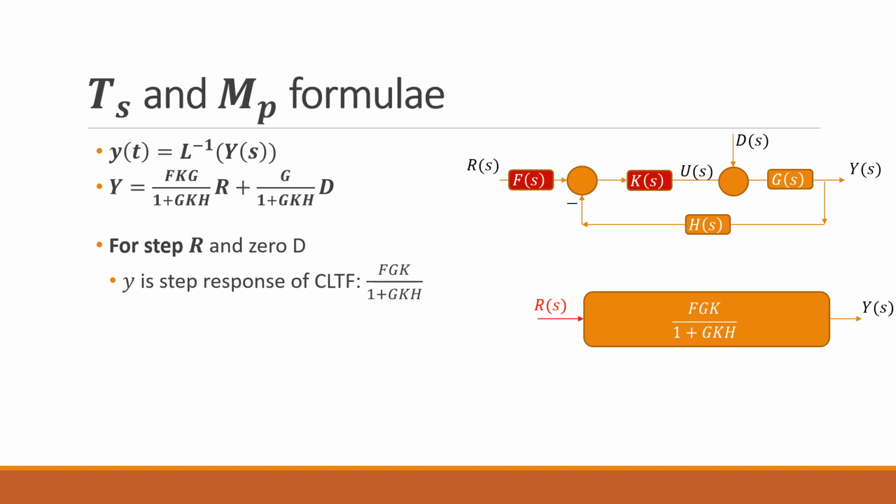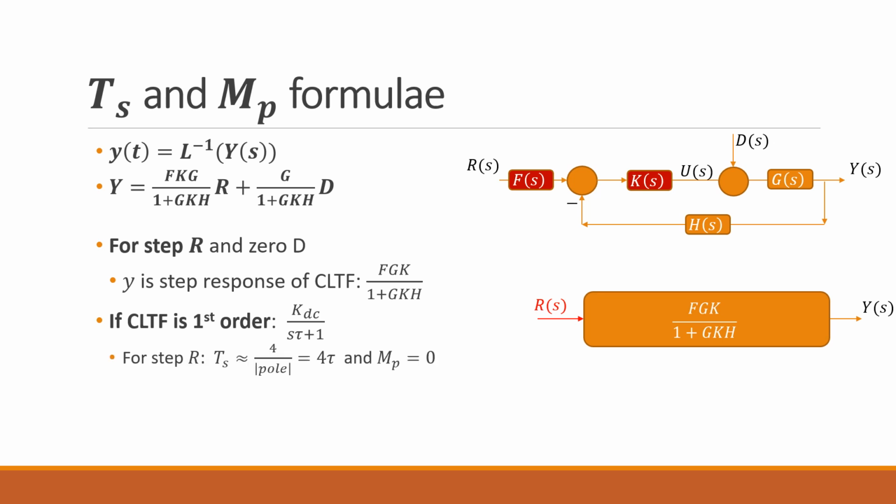other transient specifications. In particular, if it so happens that the closed loop transfer function is a first order system written in the DC gain format as K_DC over (tau S plus 1), then we already have these formulae. Settling time is 4 divided by the magnitude of the pole, which is 4 times tau, and the overshoot is just